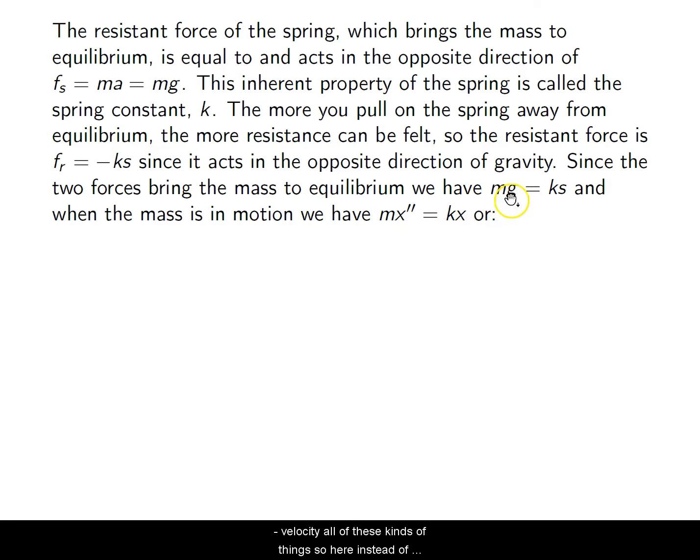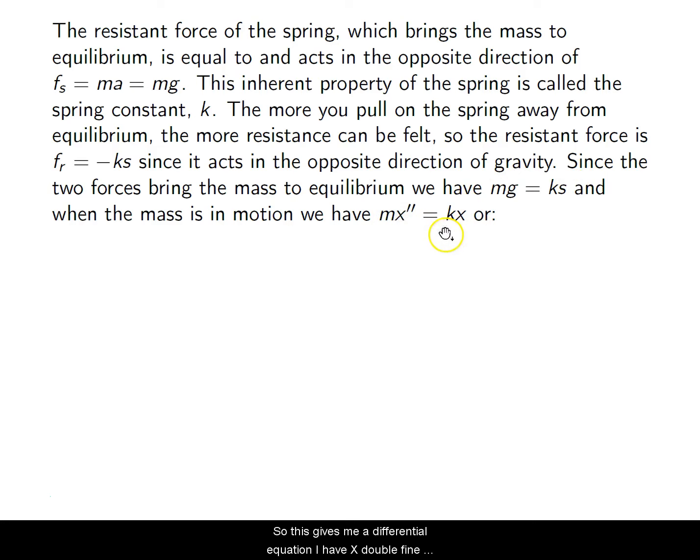It really depends on my velocity, my initial velocity, all of these kinds of things. So here, instead of mass times gravity, we have our function for acceleration, which is the second derivative of position. Okay, and instead of having s, which is where I am when these two things are equal, it's going to be equal to whatever position I'm at when I'm at that equivalent acceleration portion. So the acceleration at this point and the distance that I am from equilibrium, those two things will be